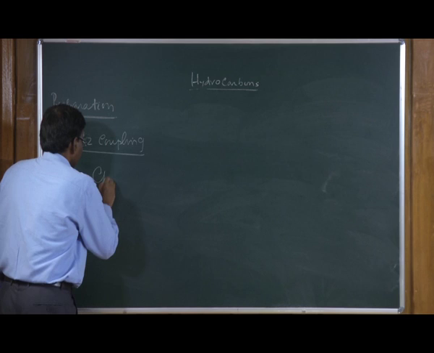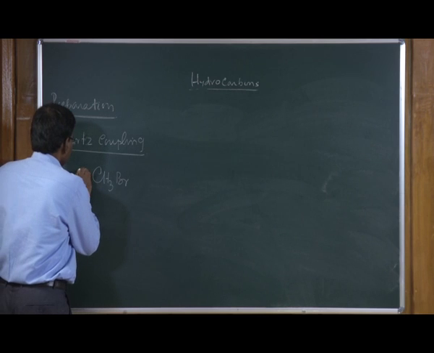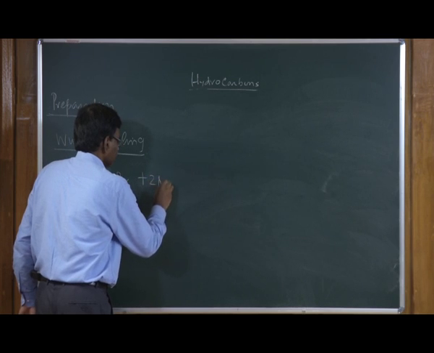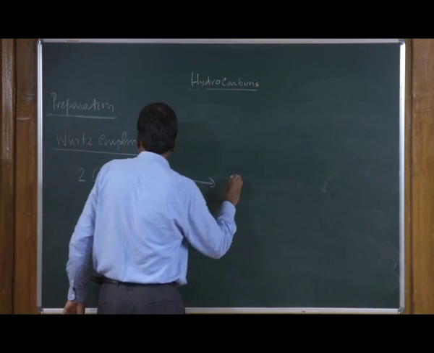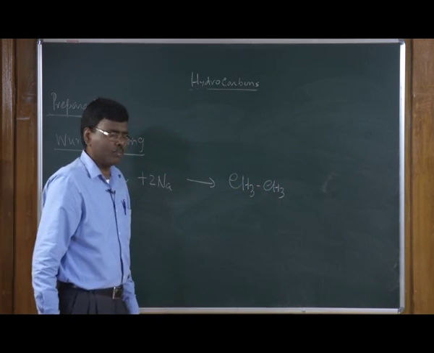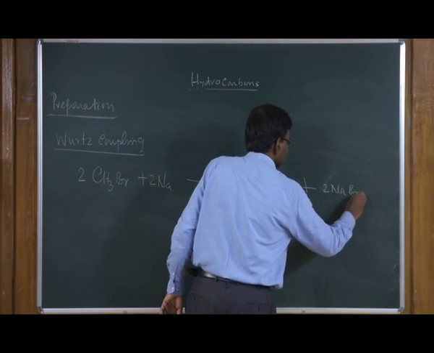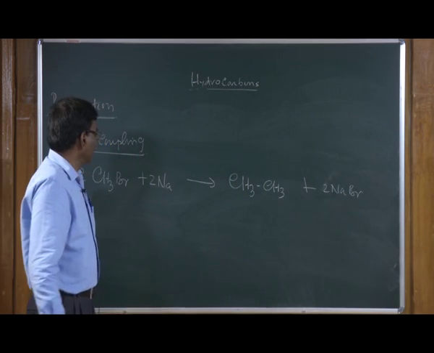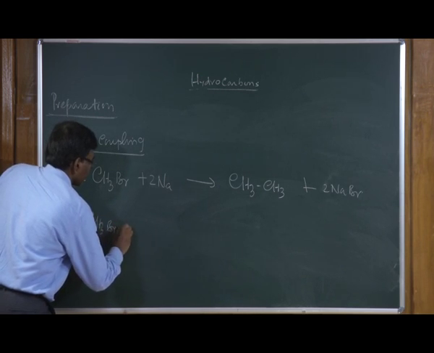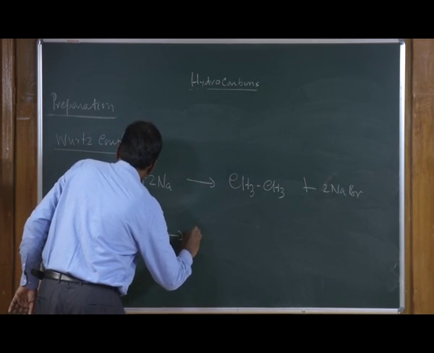Alkyl halides, for example bromomethane, can be cross coupled together. If you take 2 molecules of this and react them with 2 equivalents of sodium, you can generate ethane, a symmetrical alkane, with 2 molecules of sodium bromide. This is called Wurtz coupling, and what happens in this reaction is that bromomethane reacts with sodium, and you generate